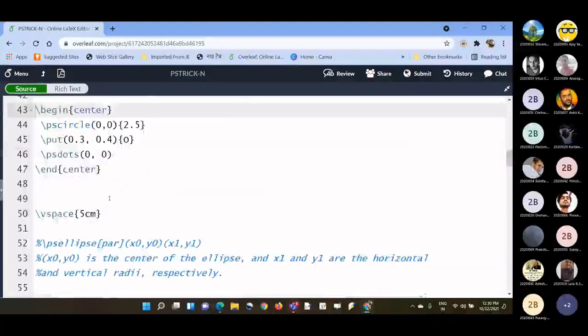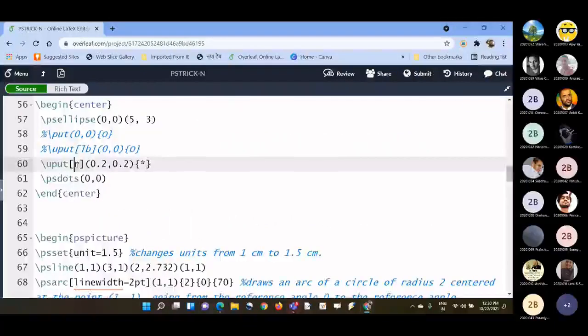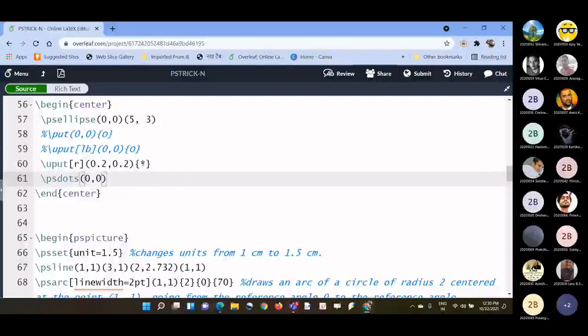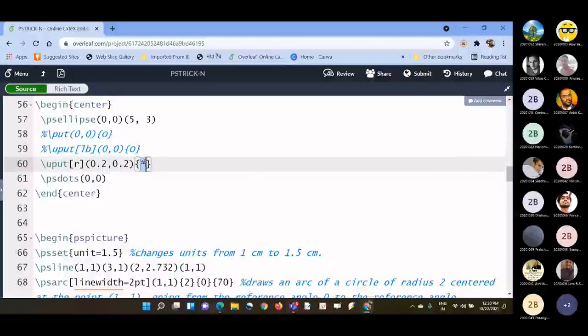Here, if you see, I have typed R, that is right, and then given the coordinate, and then what I want is a star. If you want some symbol, like alpha, beta, or gamma, then you need to write it in dollar signs.